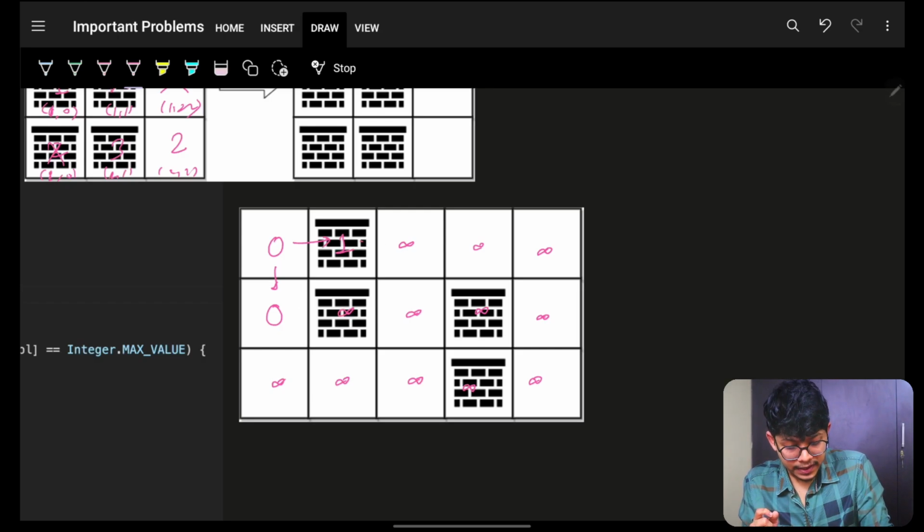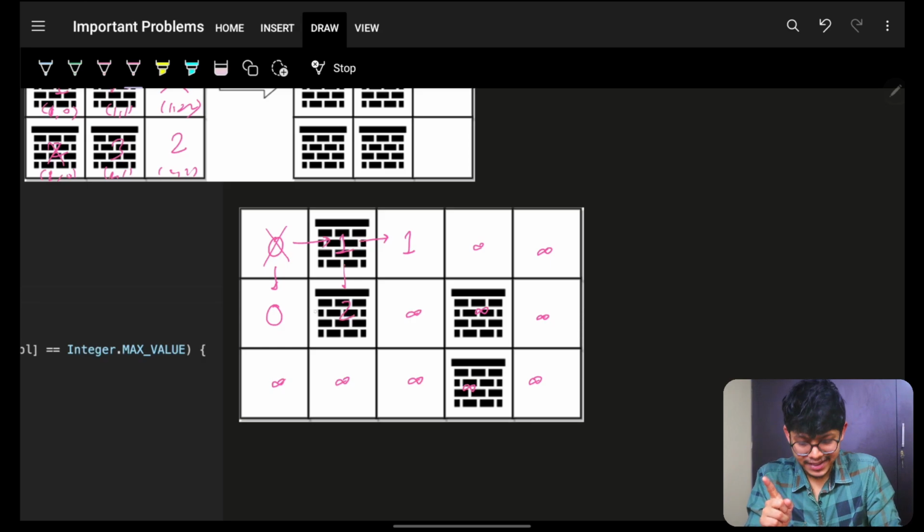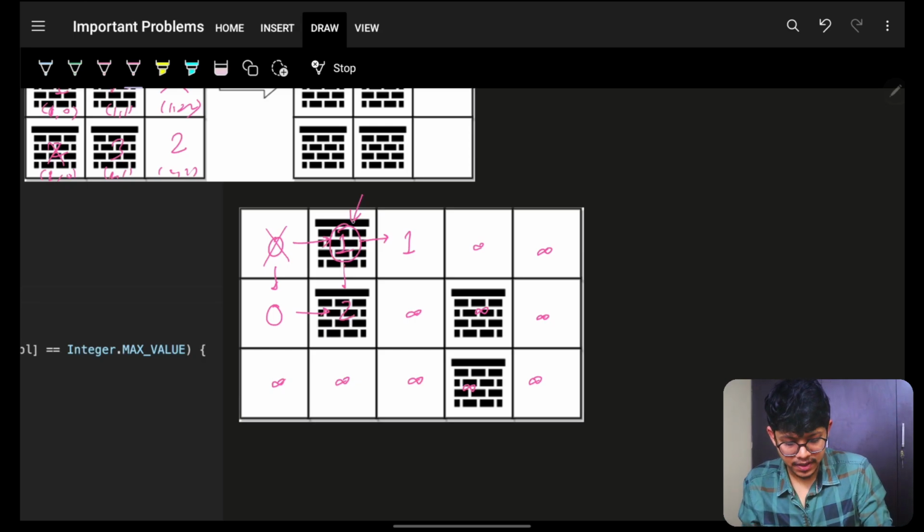Next time, the BFS will happen from here. So like I pushed these two, this is gone. I pushed these two into my queue, so this will be 1, this will be 2. So you realize ideally here I should have put a 1, but I put it as a 2 because I tried to actually start the traversal. Basically in my BFS, if I just put it as it is,